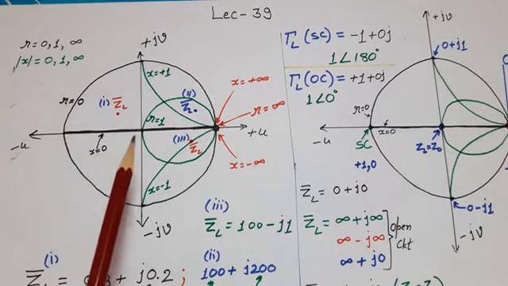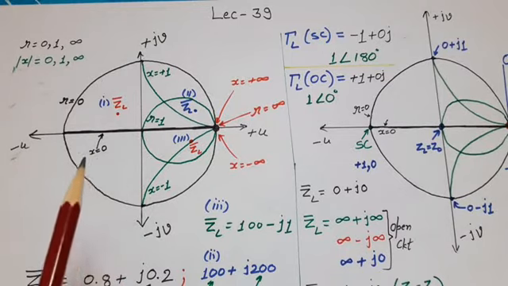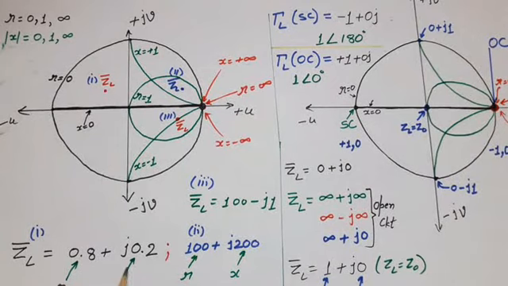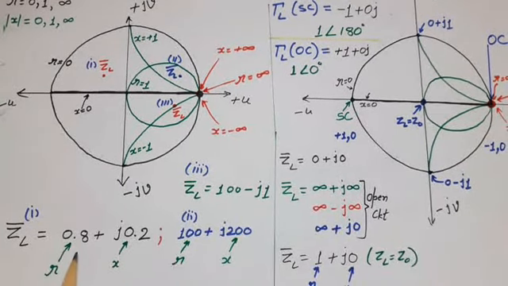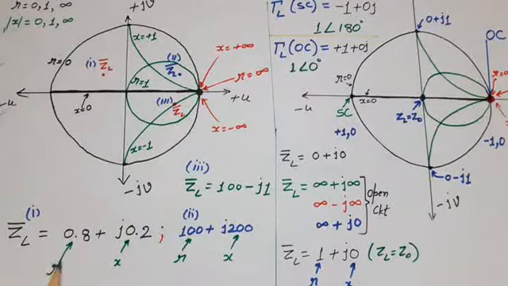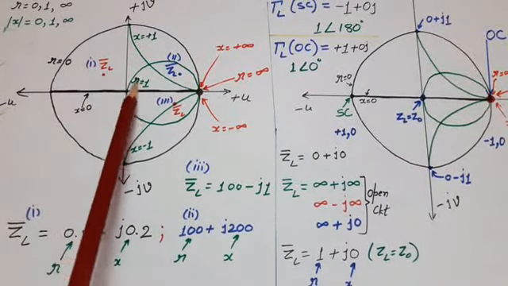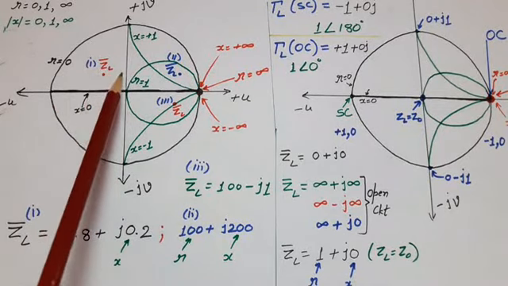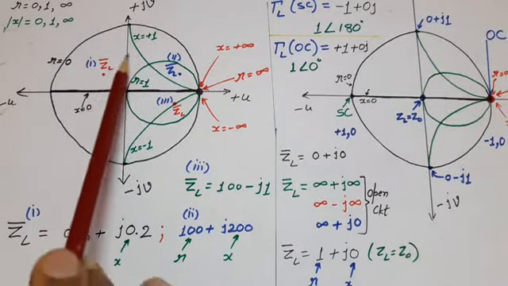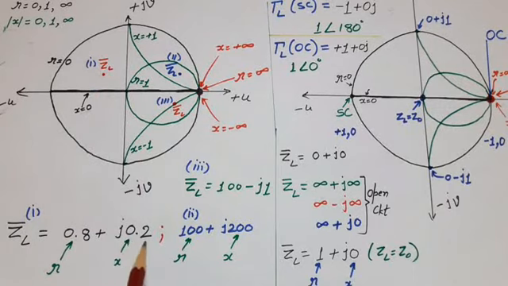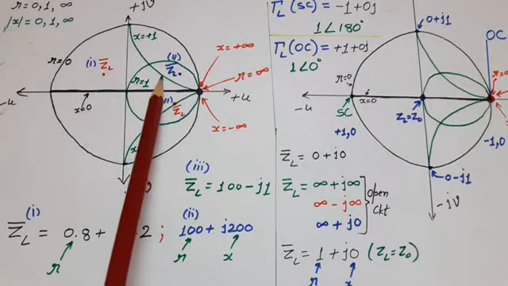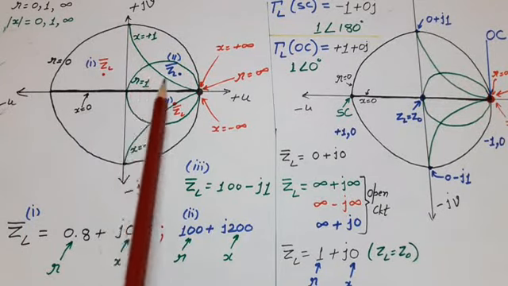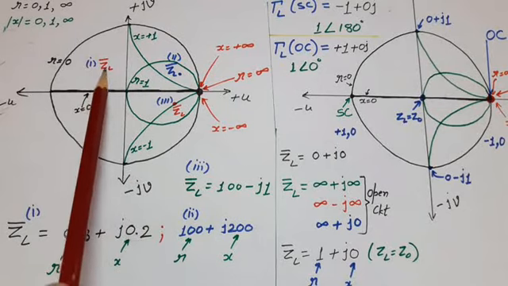Now for practice purpose, we will mark some normalized impedance in this Smith chart. Suppose the first normalized impedance is 0.8 plus j0.2. As small r value is 0.8, that circle would be in between these two circles, that is R equal to 0 and R equal to 1. So this region will contain the R equal to 0.8 circle. As X is equal to 0.2, the 0.2 circle would be in this region, that is in between X equal to 0 and X equal to 1 circle. So roughly we can mark that point somewhere here.